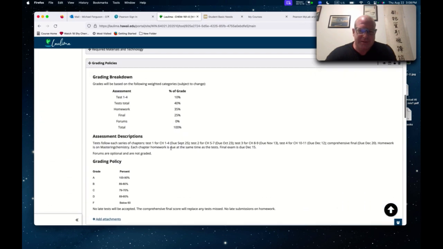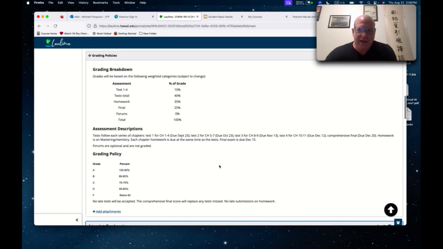Also the grade splits are here and the due dates. And I should also mention, if you're trying to feel me out, I'm very bendy when it comes to due dates. I see myself more as a coach when it comes to my type of instruction.